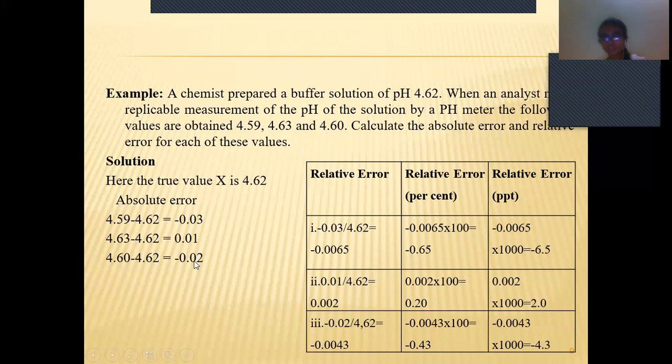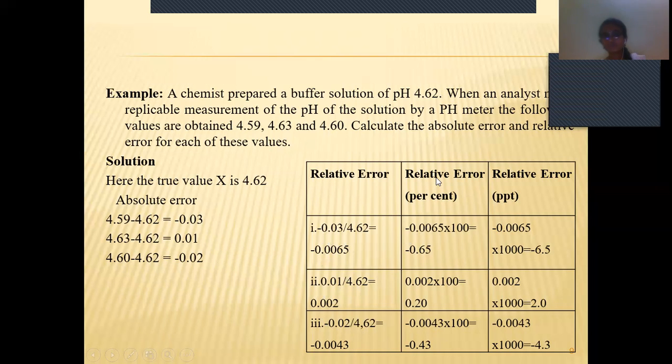These three absolute values should be divided by the true value, that is 4.62. See here, minus 0.03 by 4.62. So how much did we get? 0.0065. And for the second value, 0.01 by 4.62, we got 0.002. And here minus 0.02 by 4.62, we got